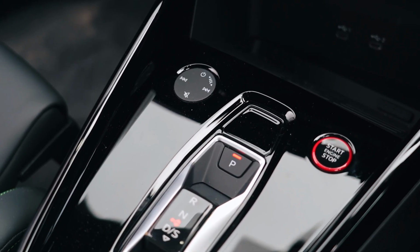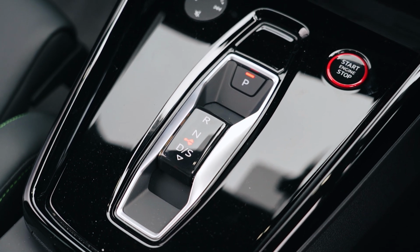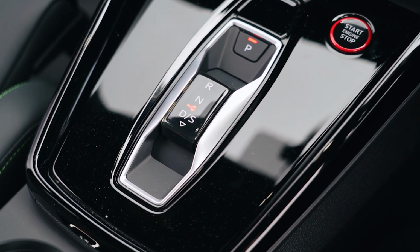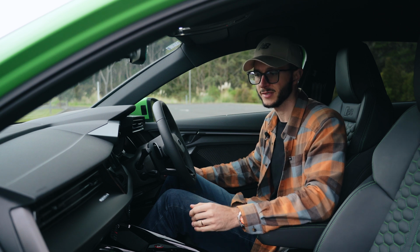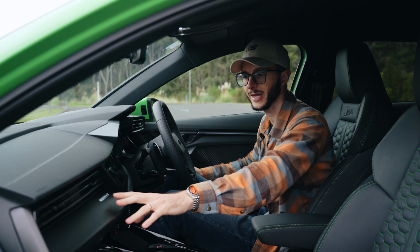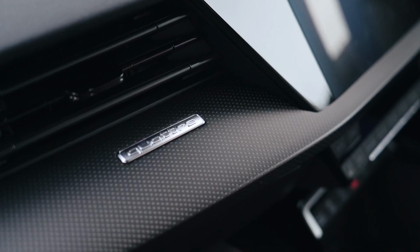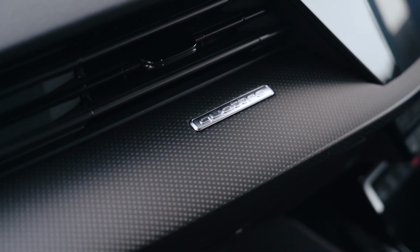Yes, it does have good storage options with the 2 USB ports, the wireless charging, but the fact that all of this here just becomes a fingerprint magnet, it's not the best choice. They did some really cool things with the dashboard inlays, where they have this sort of faux carbon fiber inlet in here that I really like, and I just wish that we could get this in the center of the